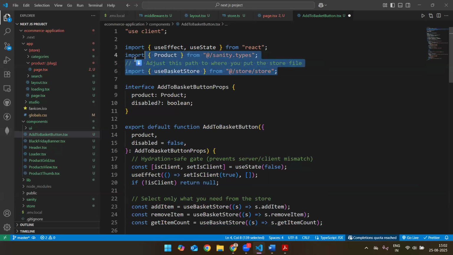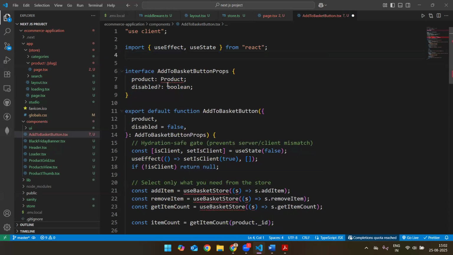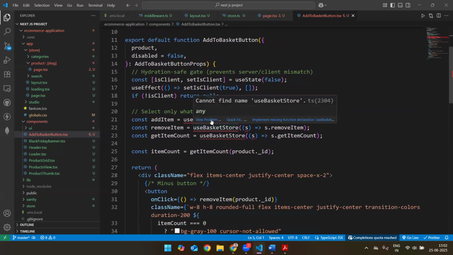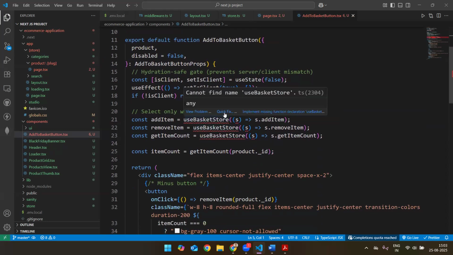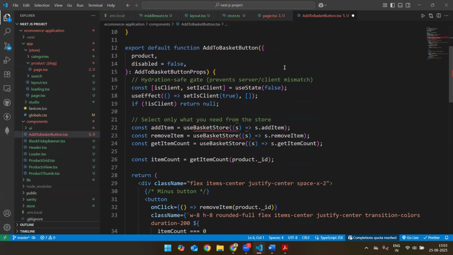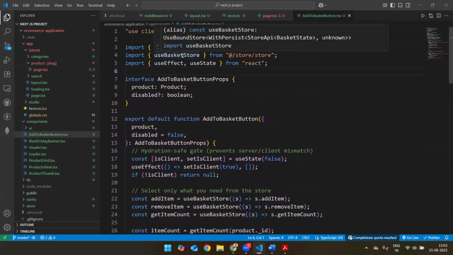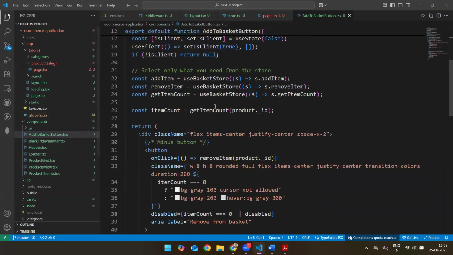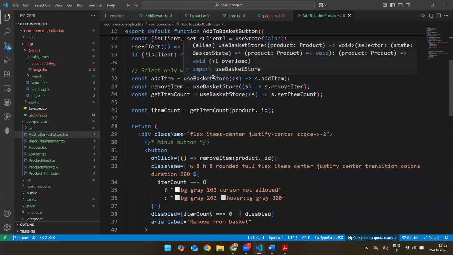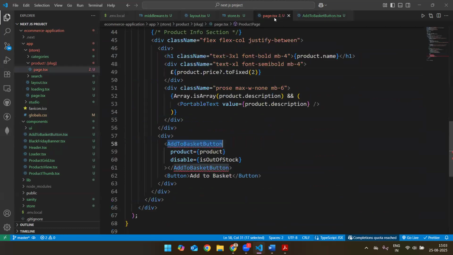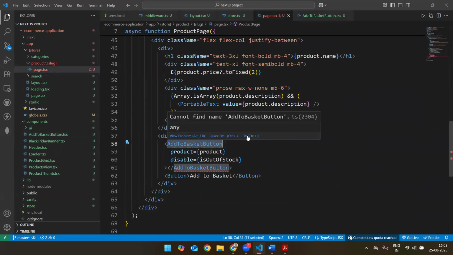What I'm going to do is remove this. For this, I'm going to import it separately. Go from sanity types and then use basket store. I'm going to import it from the store. We just import this add to basket in the